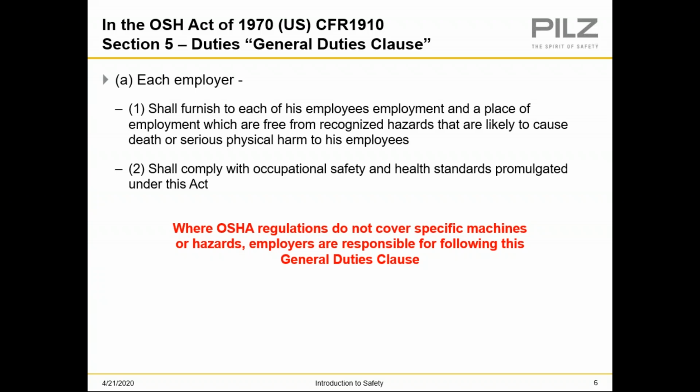So you've got a number of standards that are in place in the industrial machinery market, and those standards have to be met, but this clause here catches anything that doesn't fall under any one of those standards. So it's the catch-all. If somebody gets injured, they can't apply an individual standard, the general duty clause kicks in and they say, you, Mr. Employer, did not furnish your employee with a safe working environment. So that's the catch-all phrase that bites you if it doesn't come to an individual clause.